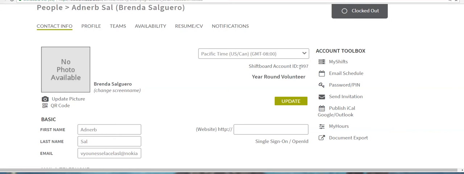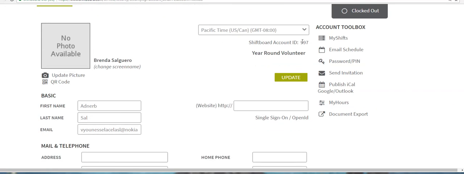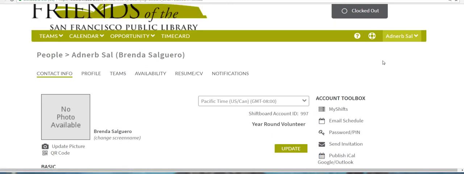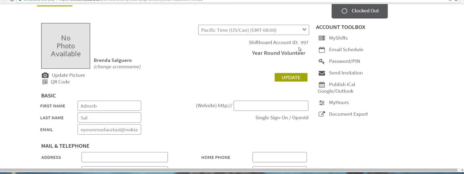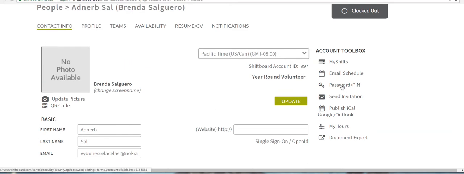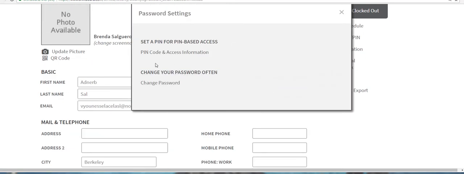So the way you access the link, and this is mostly for staff people. Volunteers are not going to really use this, but this is specifically for staff and for those who are curious as volunteers. The link for the time clock screen lives under the password pin area. So you go to your account, my account, and this includes staff. You go under your account and you go to the password pin area and you go to pin code